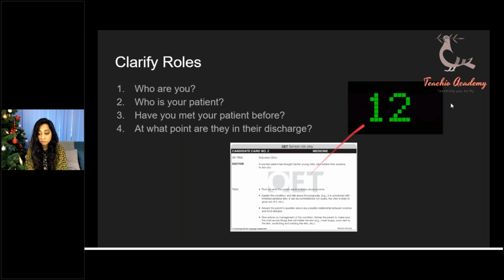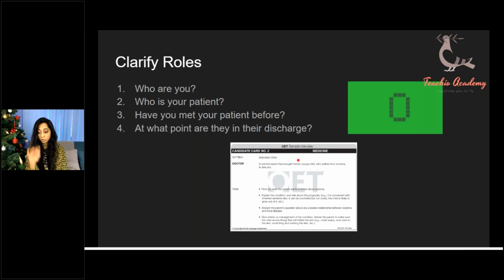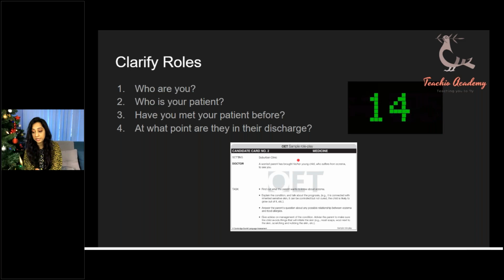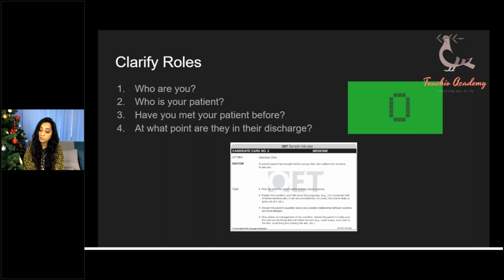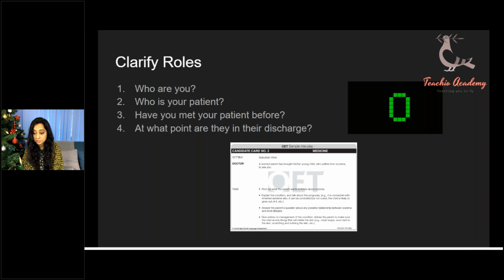Okay, so this is actually going to change your OET strategy and your OET speaking. Your introductions are all going to vary depending upon what your roles are. But it's very important that in the first 10 seconds you identify this, so that if you want to plan your sentences, you can remember them, because that's going to be your basic scoring, which will be your basic introduction. And how are you going to introduce yourself? Let's just ask people so that we can assess. Let's do a little bit of an exercise.